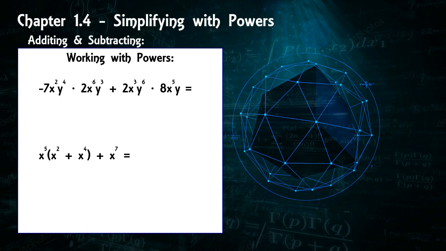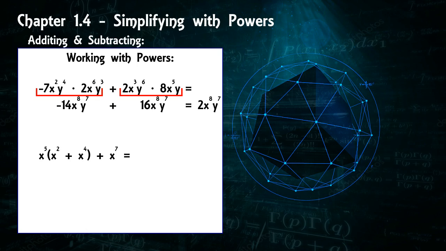The first answer is 2x to the power of 8 y to the power of 7. And as you also get points for the intermediate steps, here they are. The first part becomes minus 14 x to the power of 8 y to the power of 7. And the second multiplication becomes 16 x to the power of 8 y to the power of 7. And then we add the 2 and receive 2x to the power of 8 y to the power of 7. For the second